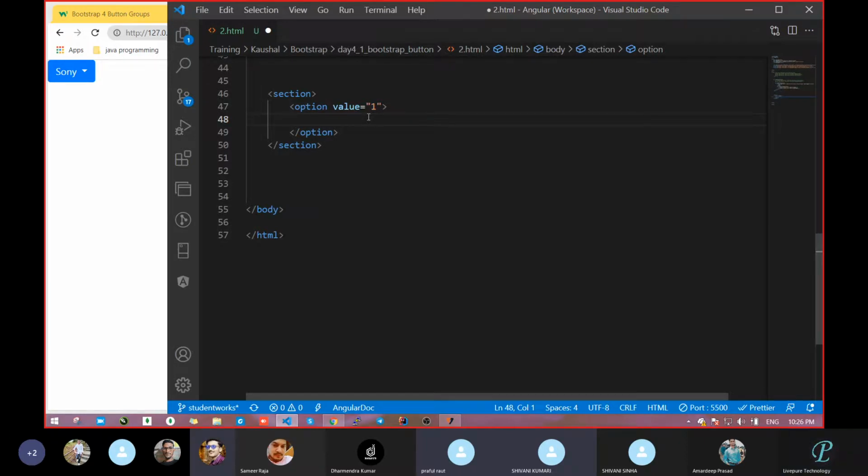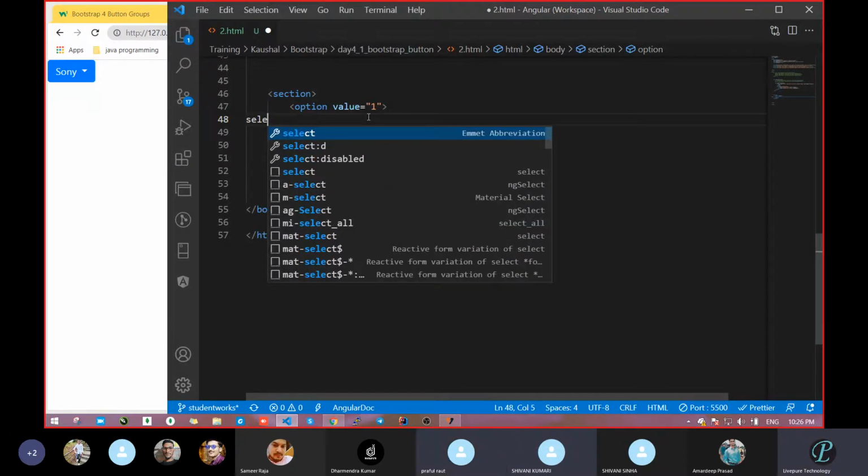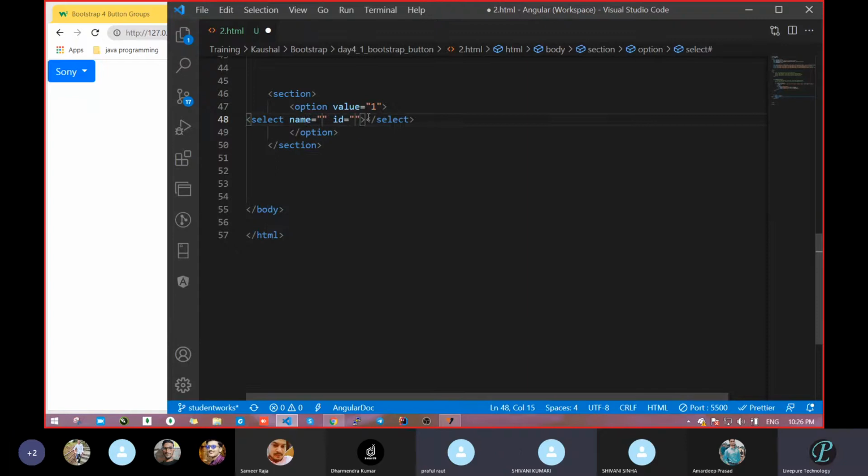Sir, firstly the selection tag. That is wrong. CSS can be used for any navigation bar, but there is nothing in HTML.